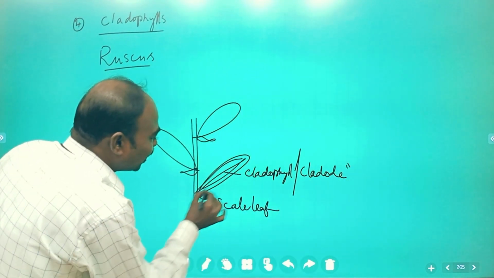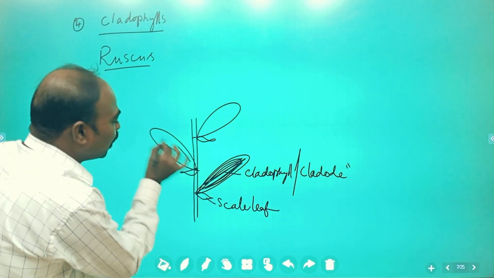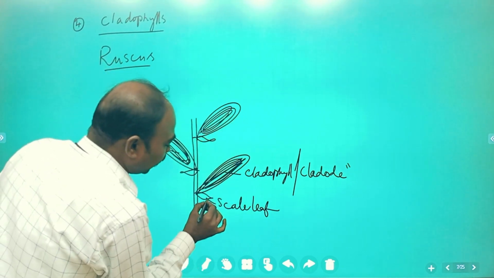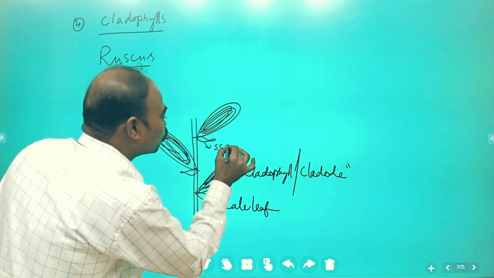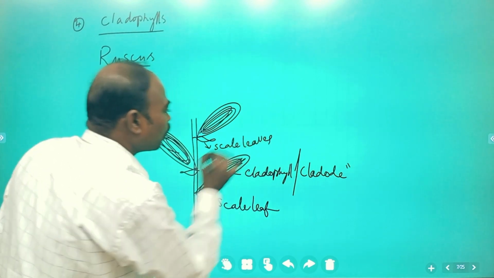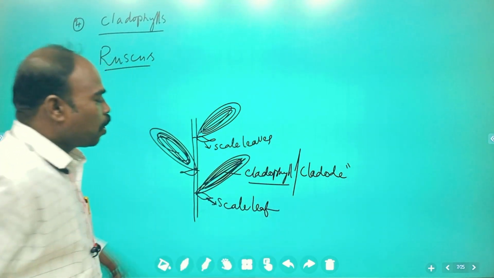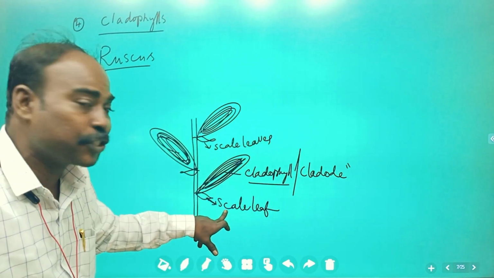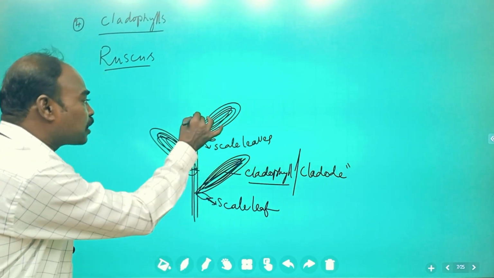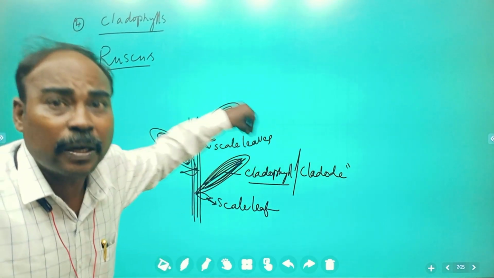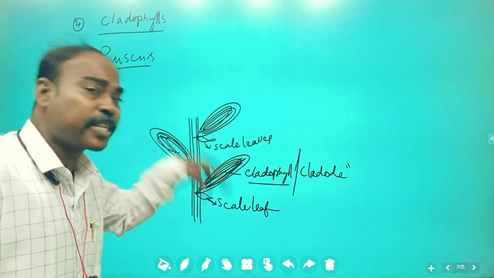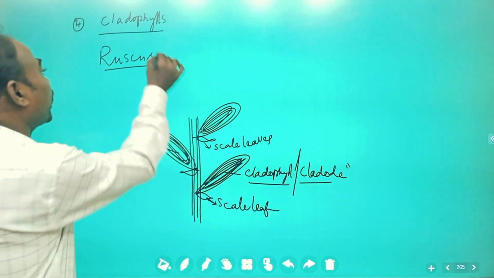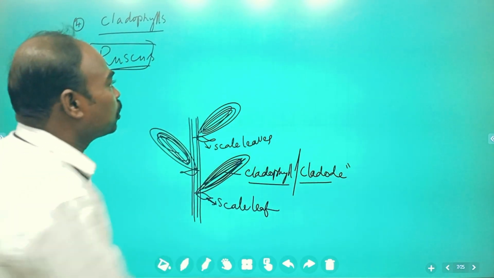These limited growing branches with one or two internodal lengths perform photosynthesis here. Here also leaves are modified into scale leaves. This one internodal length branch performs photosynthesis. Leaves are reduced into scales. The main stem is there. So a part of the stem, not the total stem, a portion of the stem gets modified into a photosynthetic organ called cladophylls or cladodes, found in Ruscus plants, right?